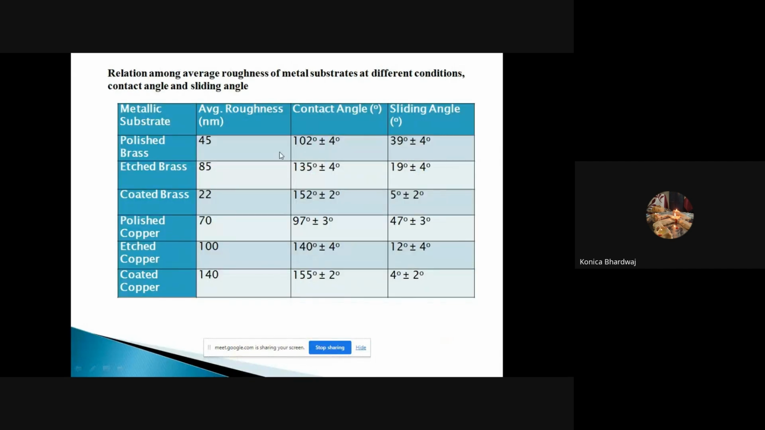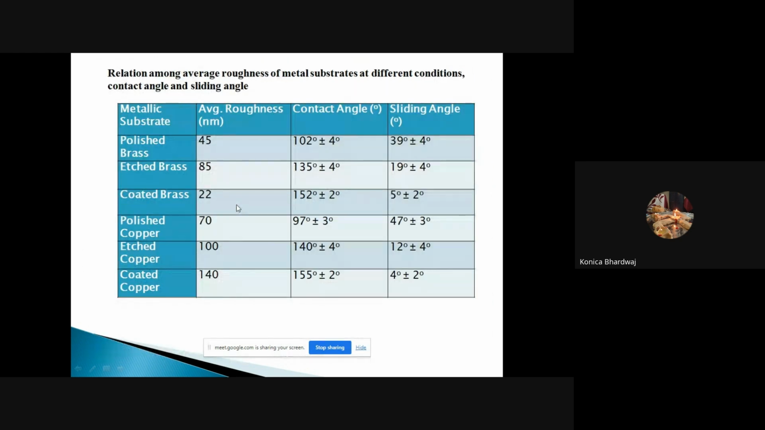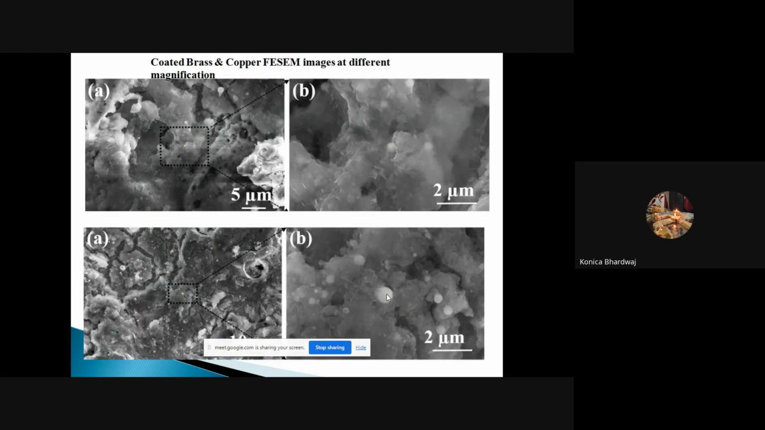This is all the contact angle measurements, and the average roughness we have achieved for brass and copper is as shown, 22 for brass and 142 for copper, then 152 contact angle for brass and 155 for copper. Sliding angle is 5 and 4 for copper. Then the STEM images show that the agglomeration is less, and the nanoparticles have been